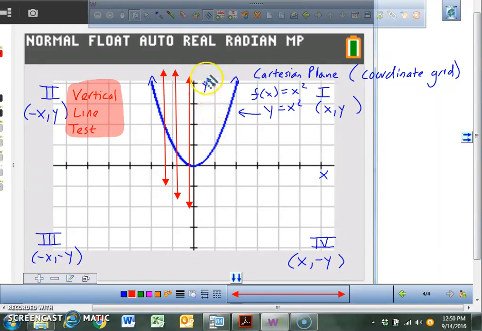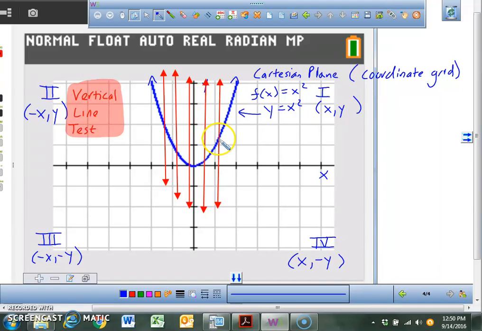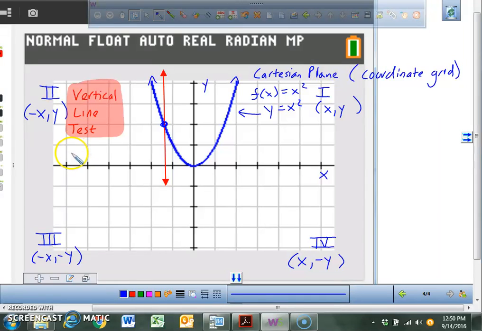Make sure it's vertical. No matter where I put this vertical line, how many places does it literally touch the graph? Just one. It touches it right here, here, here, here, here. It does not touch it in more than one place. So this is called the vertical line test. So right here, underneath vertical line test, you could write